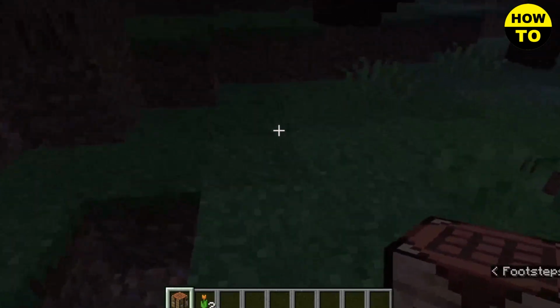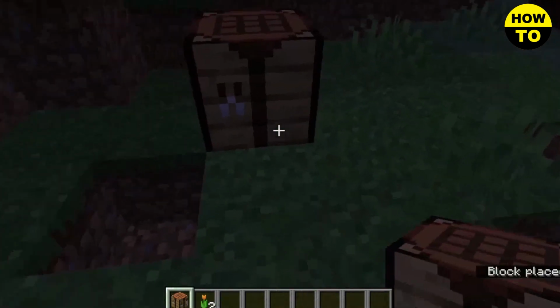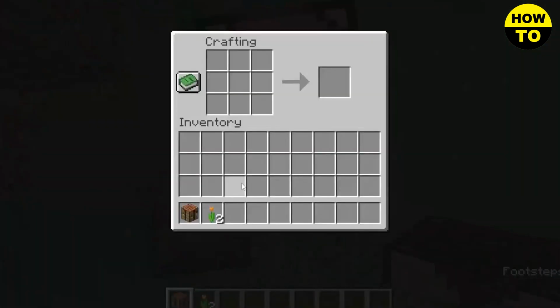Now make yourself a crafting table and place it. Now take your orange tulip and place it anywhere on the crafting table. This will create your own and only